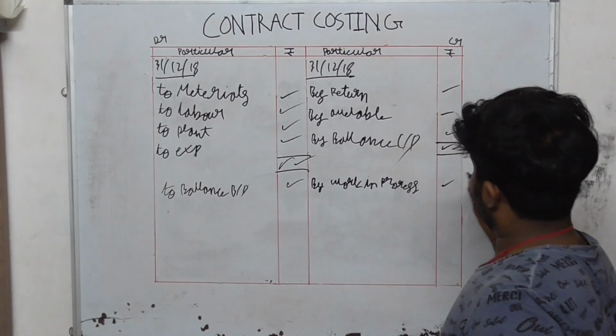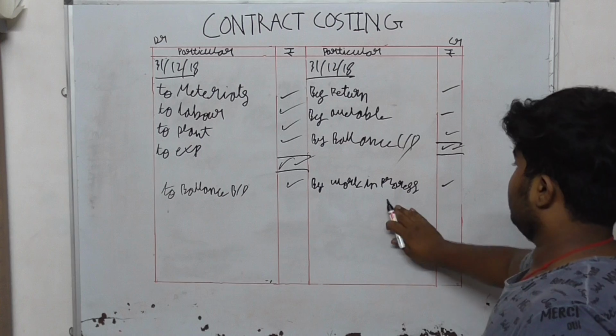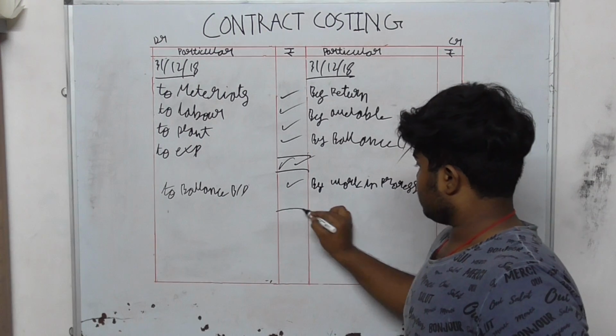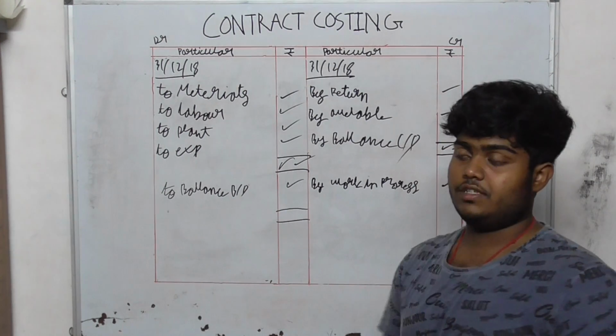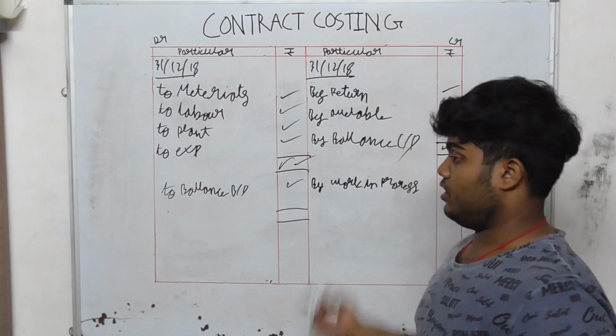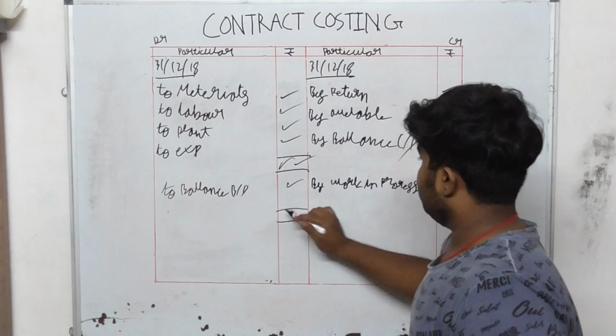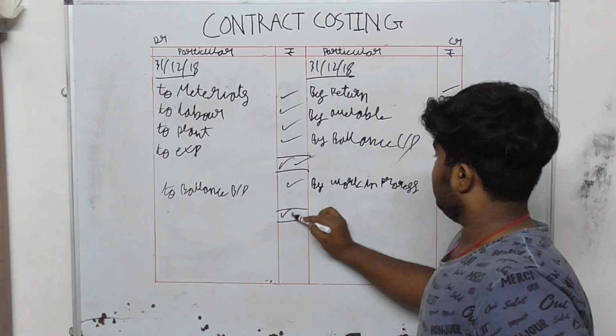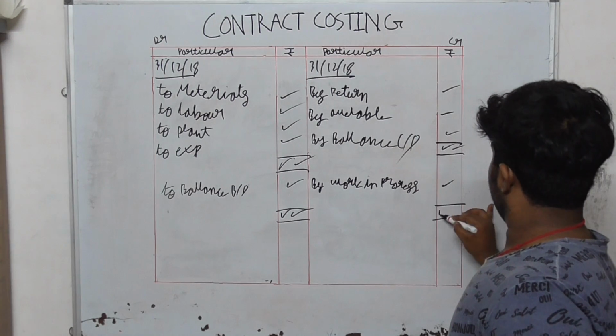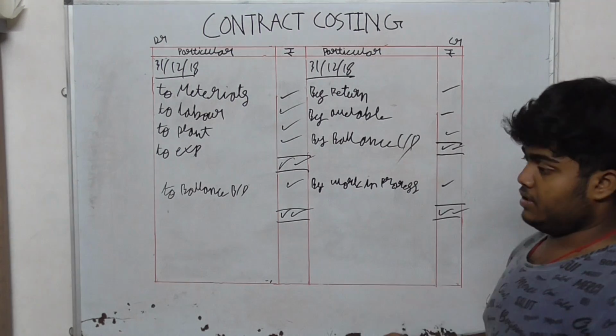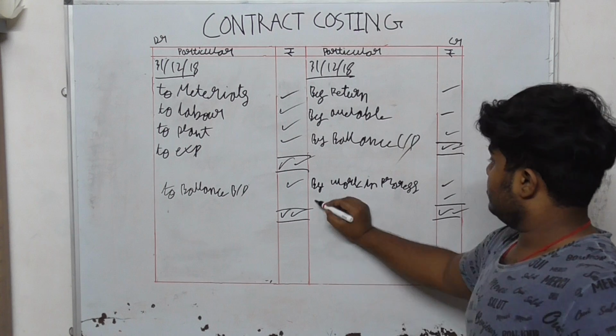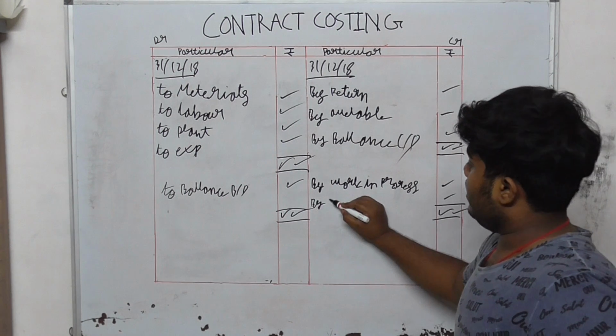Work in progress. This is the non-certified job. Okay. So non-certified job, not the non-certified work. Okay. Then we have to calculate all. So the remaining 1 lakh is there. So this is called by